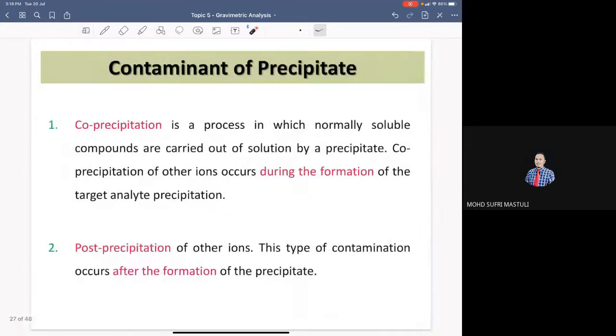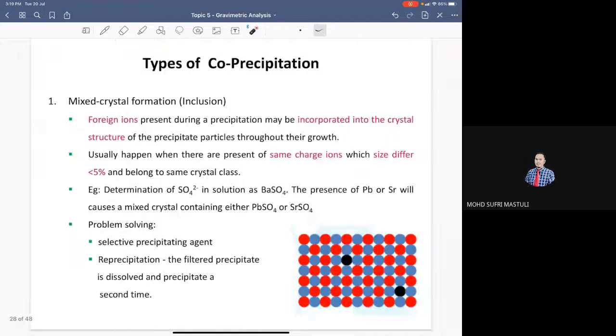So make sure you understand the difference between co-precipitation and post-precipitation. These two things are about the contaminant of the precipitate. Contaminant means the precipitation of other ions instead of the analyte that we want to determine in the sample. Okay,